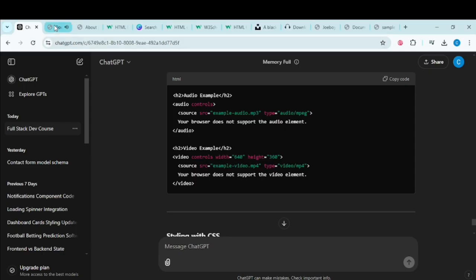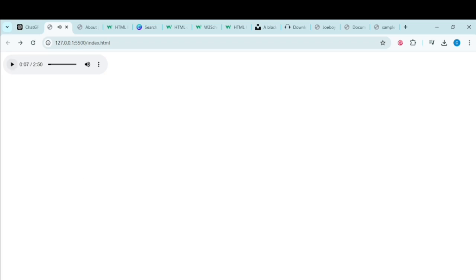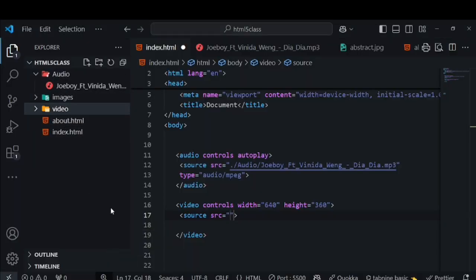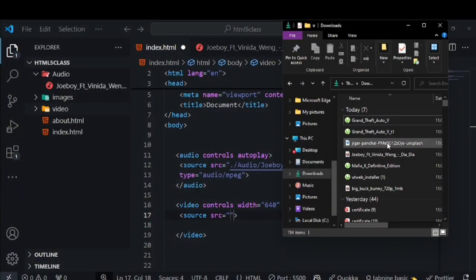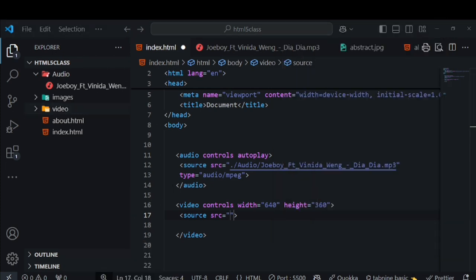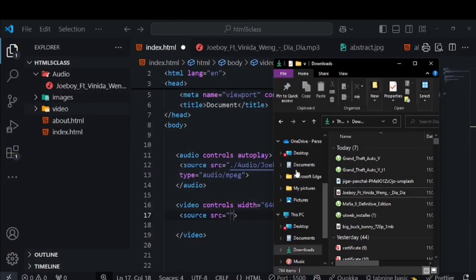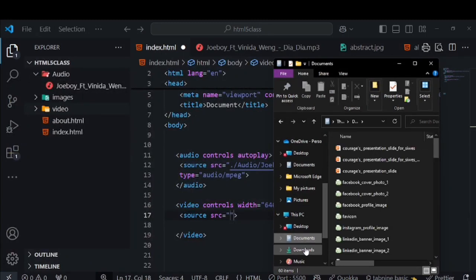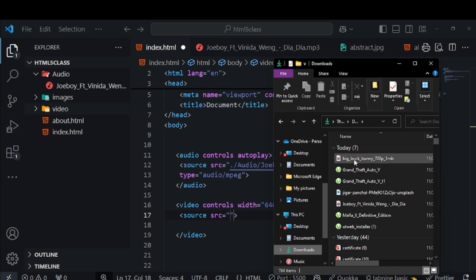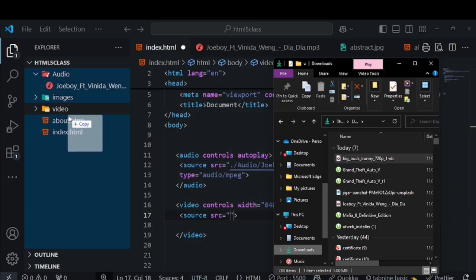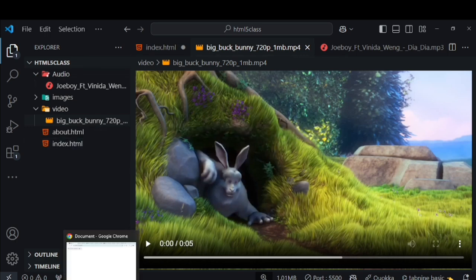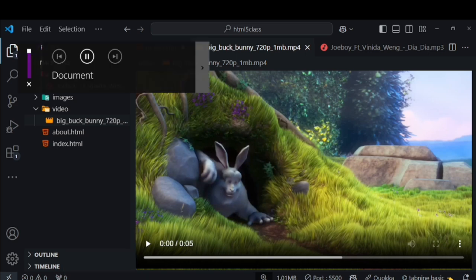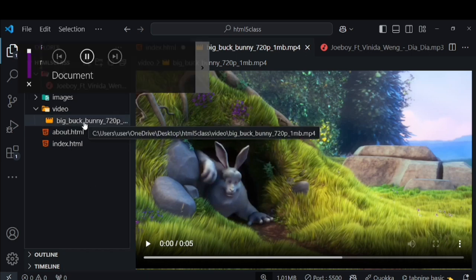The next step is to download a video, obviously. So let's try to figure out a way to download a video so that we can include it there. So we have a video, so let's just copy that video and paste it there. So this is the video that we have, and then the next thing we're going to do here is to